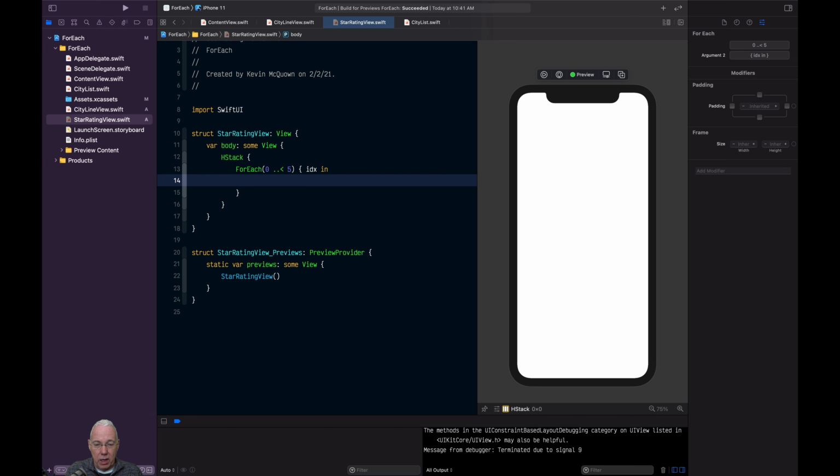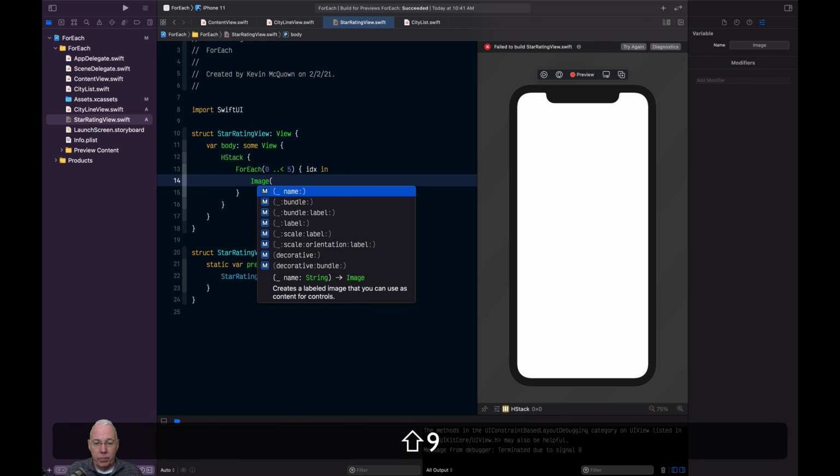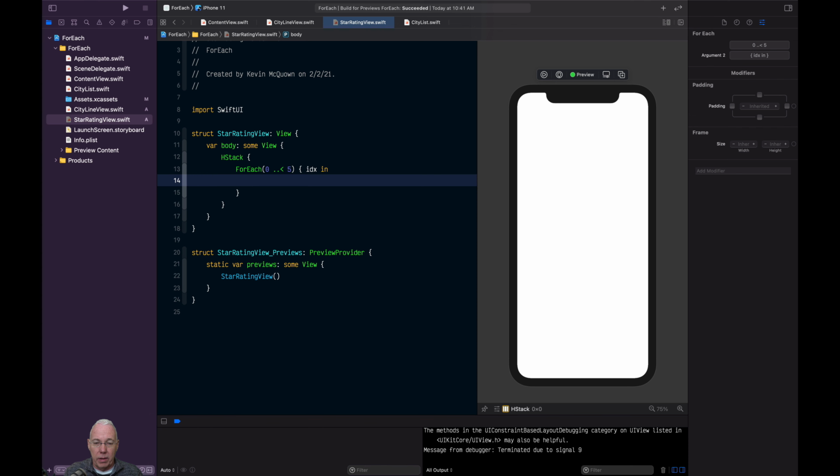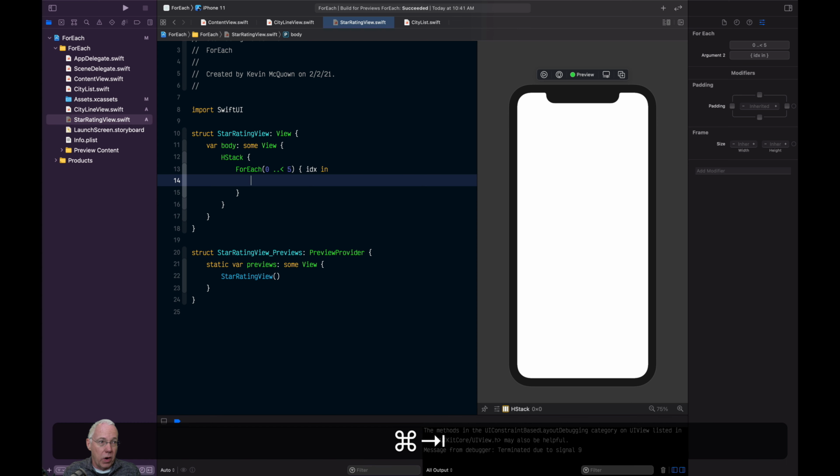So we could say at this point, image. Oh, and before I do that, how would I know where I can get stars from? Well, we want to use SF symbols to do that. So I have